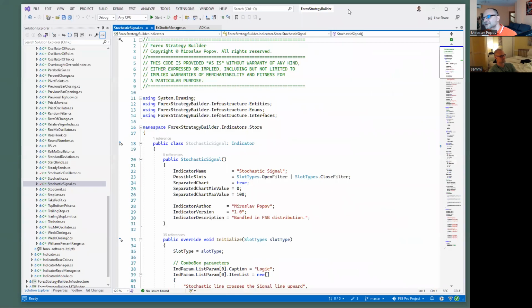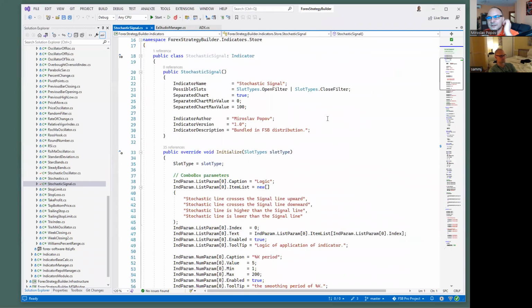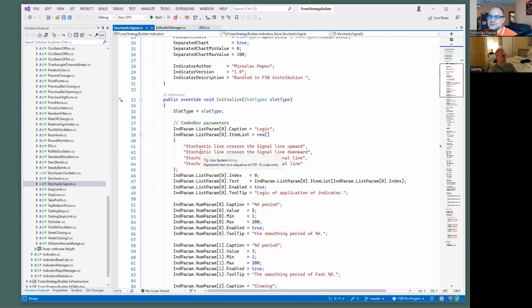This is another reason I prefer to work in EA Studio, because the tuning is much better than this. Actually, 10 years ago, I liked it very much, but now I've seen better. So you see, the stochastic line crosses the signal line upward, and we make,